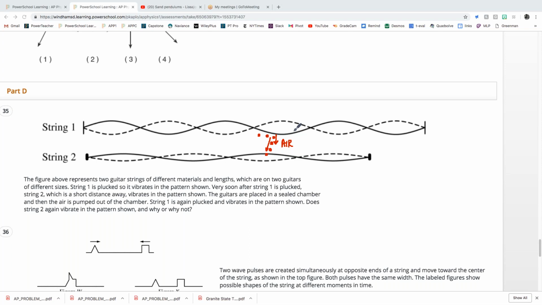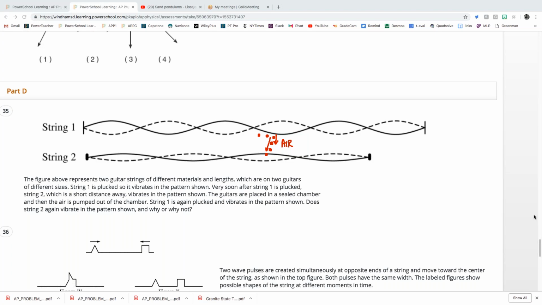It won't get any energy from string 1. So Corinne, hopefully that answers your question. Certainly not something that we discretely went over, but this question is about energy transfer through the air. So let's take a look at